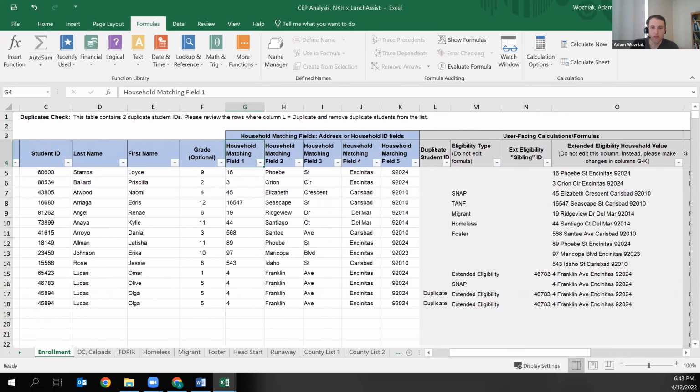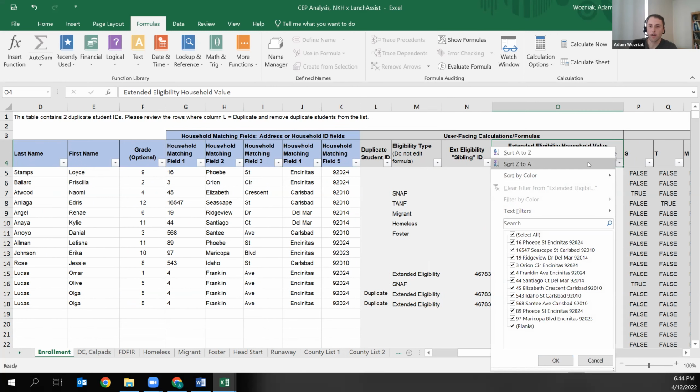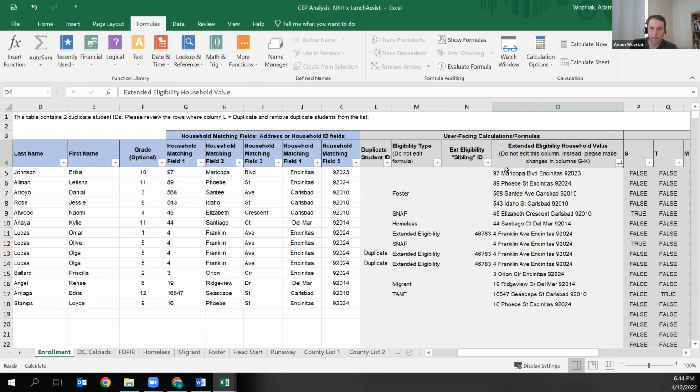So now coming over to columns L through O, these are your go-to spot for the extended eligibility. So column O here just takes everything that's in G through K and puts it into one field. So we can see where those identical addresses or identical household IDs are. So go ahead and sort this from Z to A. And you can go down, and one way is looking at, okay, who's actually getting extended eligibility here, or looking for these identical